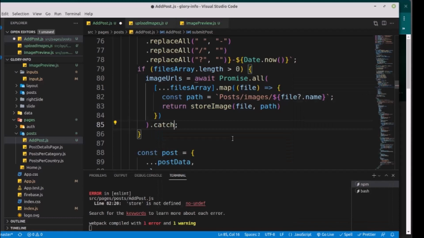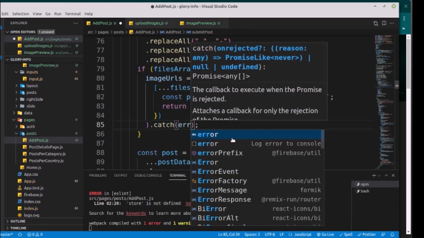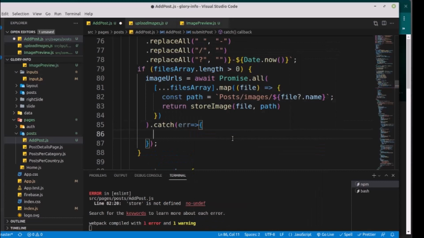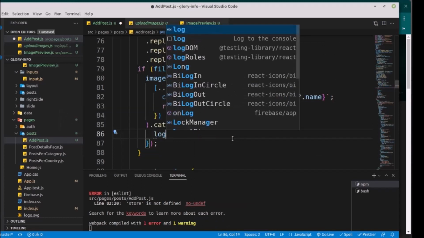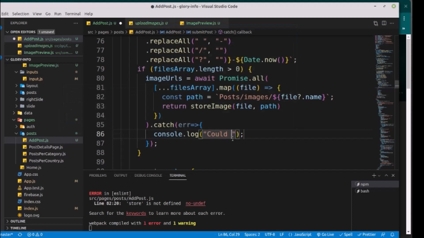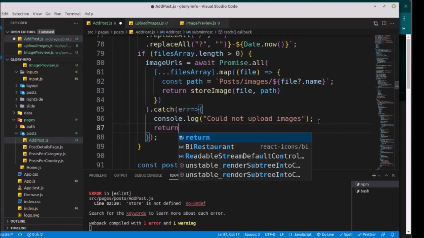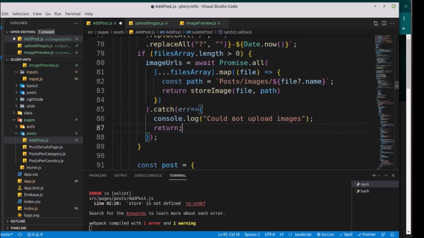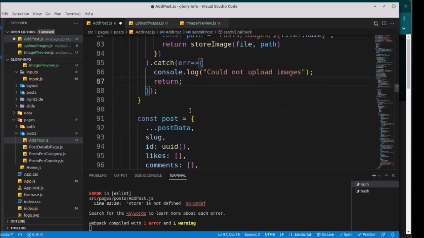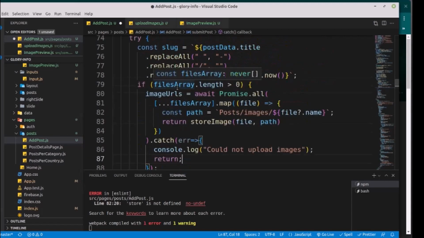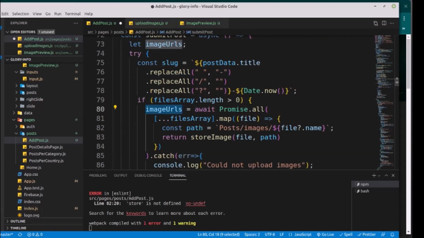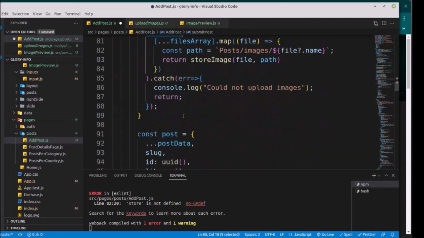All right, so after that, we come here, we say catch. If there's an error, we say error. We want to log the error. So we'll say could not upload image or images, because in this case we are going to upload more than one image. Then return here. Since you could not upload, you should return. All right, so we have now this images array that will be added now to the